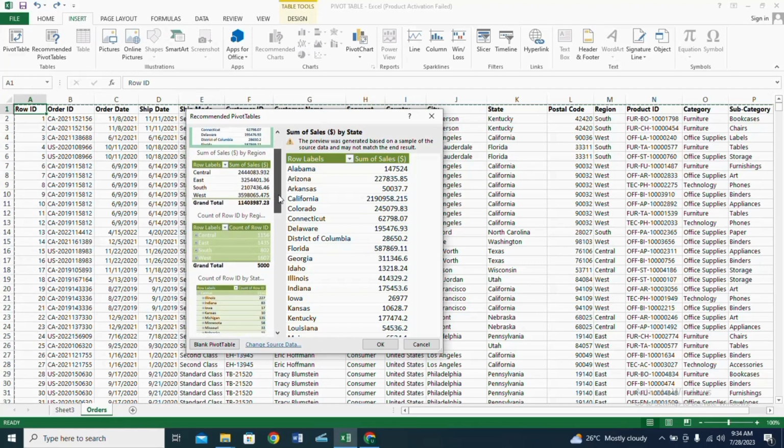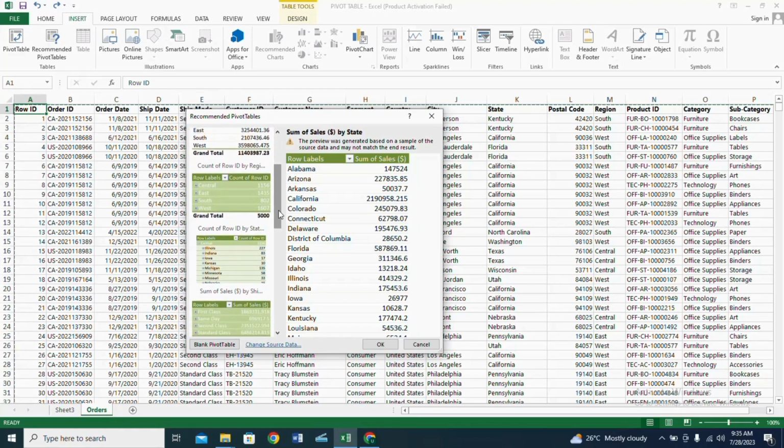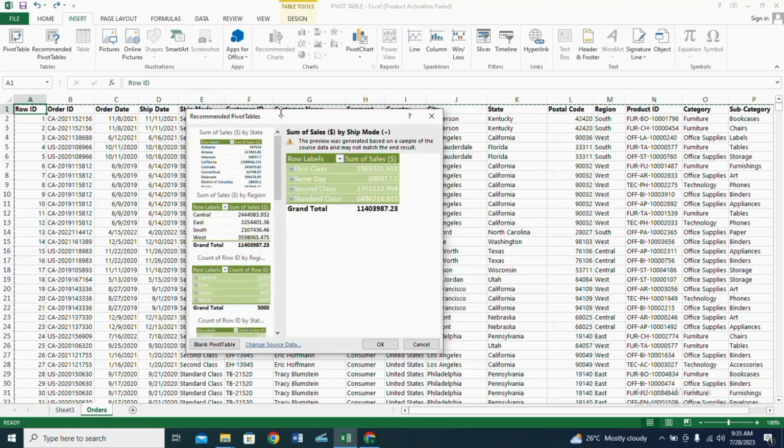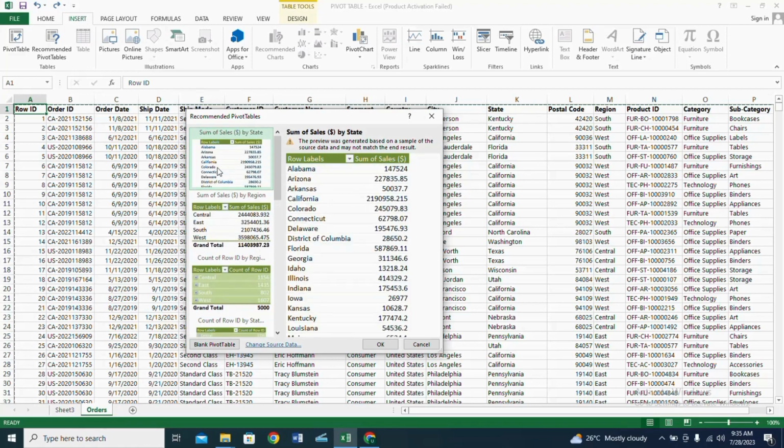So if you look through, you may actually be lucky to find one of the reports you're looking for. And if you come across one, what you need to do is to click on it. And so since one of my reports includes sales by state, I'll just click on this first one that shows me sum of sales by state, and I'll click OK.